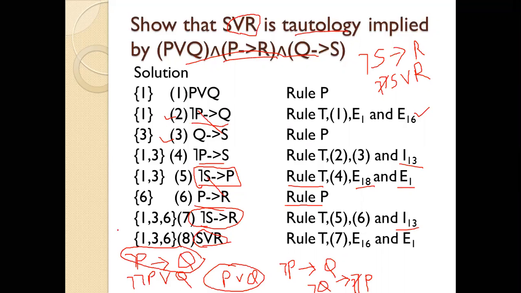तो हमने starting क्या किया? We have started with P और Q. फिर उससे हमने रूल टी अप्लाई ड्राइव किया. देन वी हैव यूज Q और S. देन उससे रूल टी ड्राइव किया. फिर से रूल टी ड्राइव किया. एंड द लास्ट P और R इम्प्लाइज किया. उससे हमने ये वाला रूल ड्राइव किया. Using this rule, we have derived this statement. So we have finally achieved S or R. So S or R is tautologically implied by these three premises.